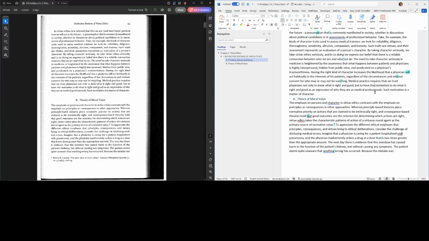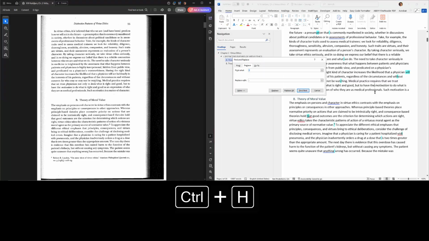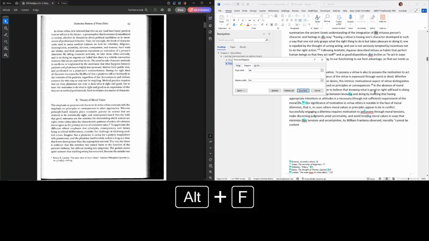We'll have the, it wants to make the into die for some reason. I guess I may as well do a find and replace for die. And then I can say that I'm ready to replace it with the, and then I can start searching with Alt F. And that one needs replaced. Integration of the virtuous person.